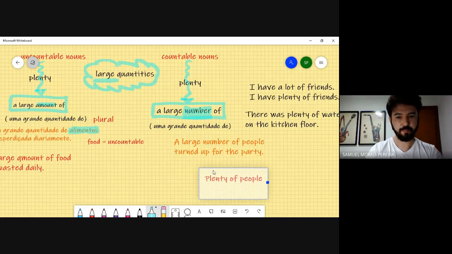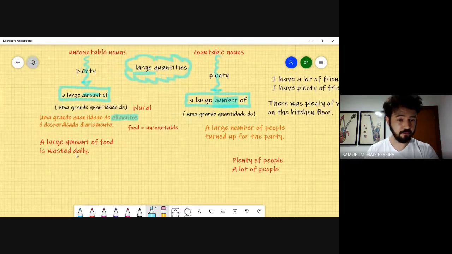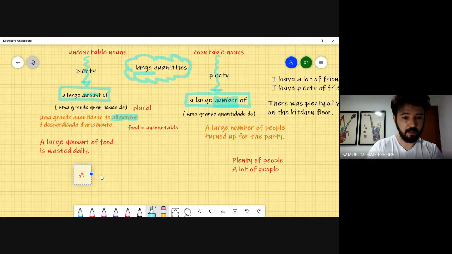Ou então, muitas pessoas usando many people, ou então o mais correto, que é a lot of, porque é uma frase afirmativa, a lot of people turned up for the party, entenderam? Aí a gente vai usando aquelas que vocês já conhecem. E aqui, eu posso usar o a lot of diante de palavras incontáveis, eu poderia falar a lot of food, tá vendo? Is wasted